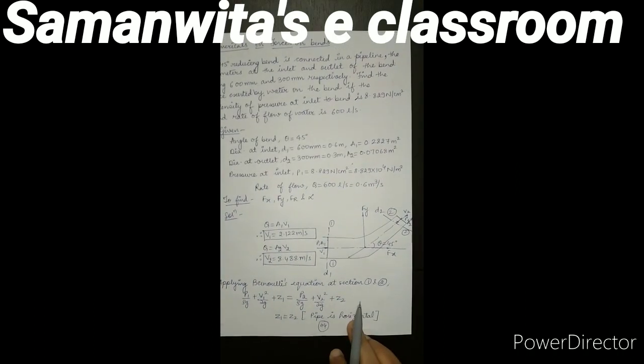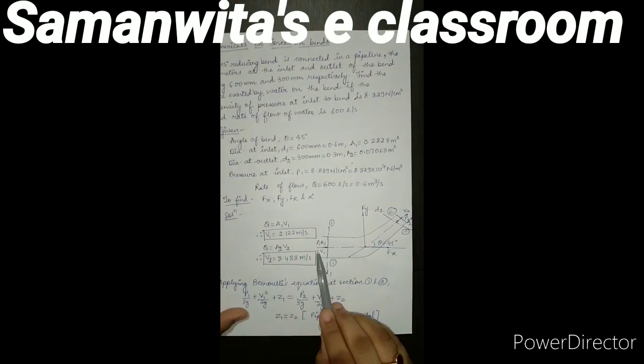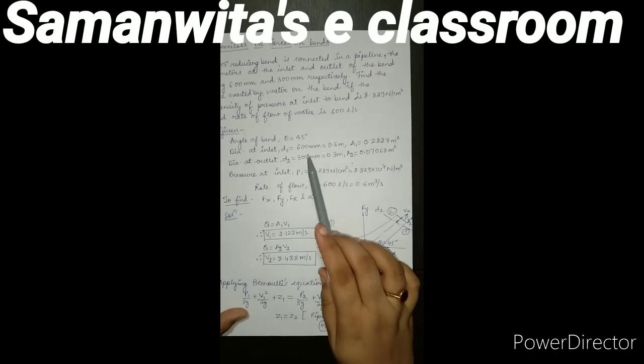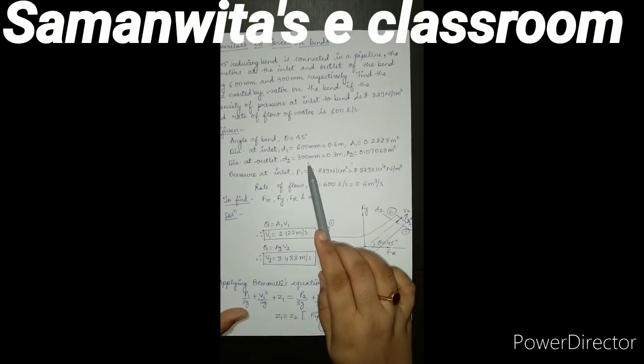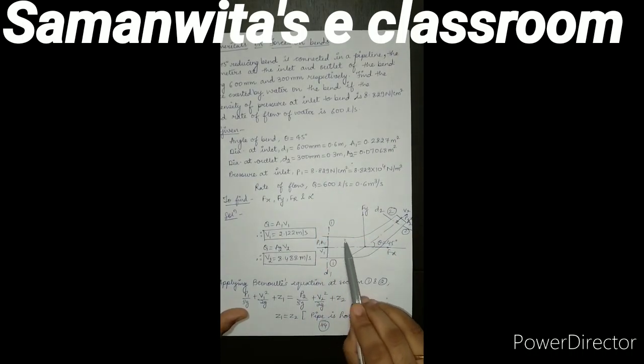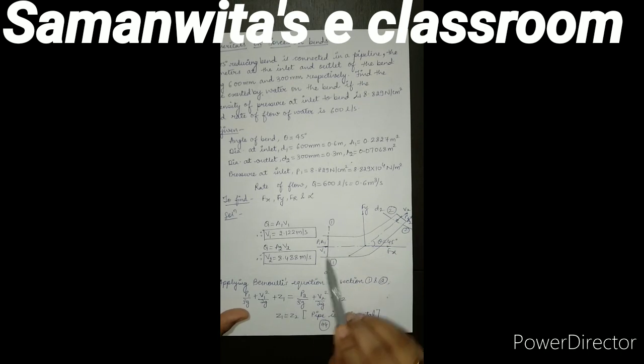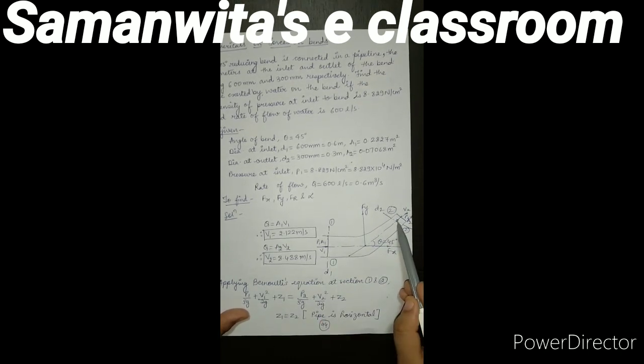The first thing that I do is draw the diagram. I have to first draw the center line of the pipe, and then I draw this angle theta, which is 45 degree. Then I will start drawing the pipe according to the diameter which is given to me. At section 1 diameter is 600, at section 2 diameter is 300, which means my pipe should have a varying cross section. So I have drawn a larger diameter here and a smaller diameter here. At section 1 the velocity is v1, which is of the water entering, and at section 2 the velocity is v2.